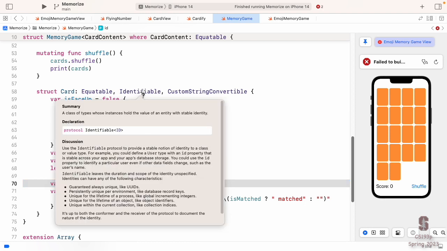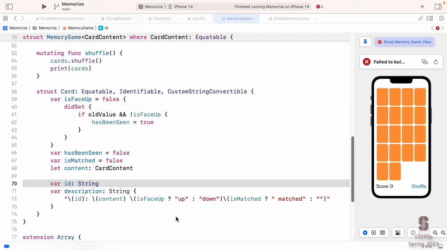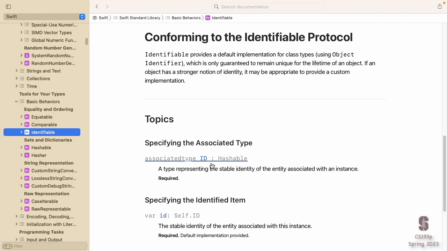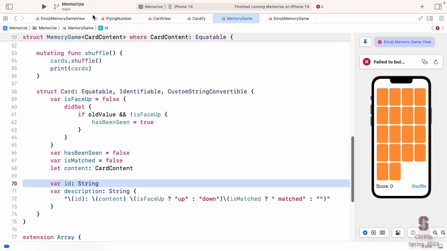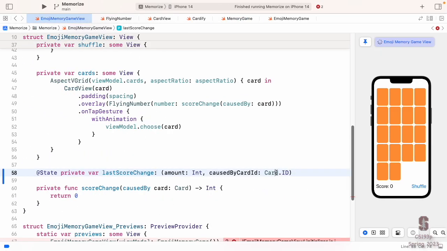If we go look at the Identifiable protocol in the documentation here, we'll see, here's Identifiable, that it has this associated type. And we know that that's a don't care. And so this is a type. This associated type, it's a type. It's a don't care, but it's still a type. And we can use that type on Card back here as a type for something else.